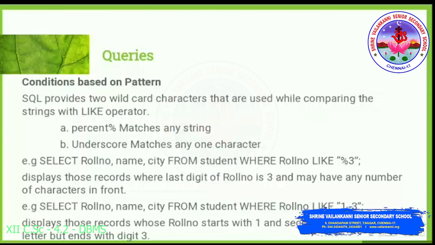It displays those records where the last digit of the roll number is 3 and may have any number of characters in front. Example, once again, select roll number, name, city from student where roll number like 1_3. So here the first character is 1, then comes any one character, then it should end with 3. It displays those records whose roll number starts with 1, the second character may be anything, but it ends with digit 3.